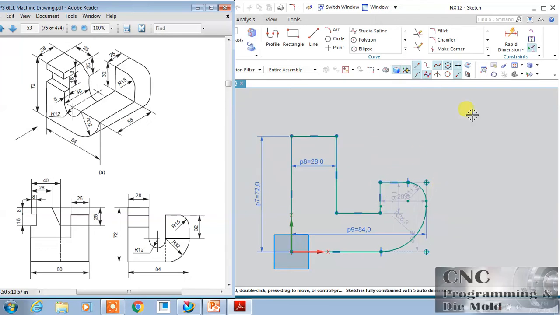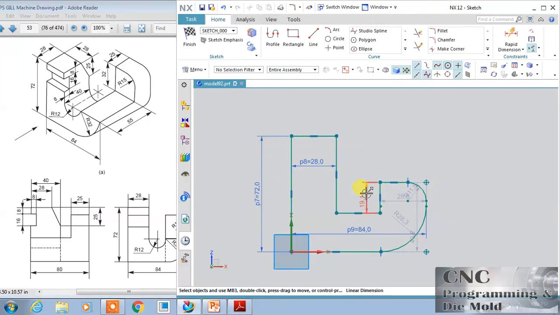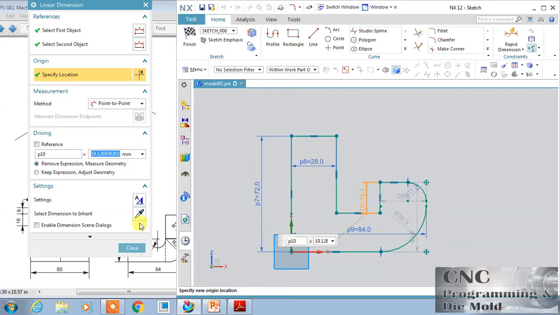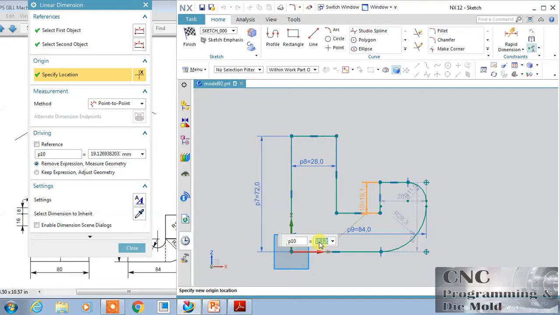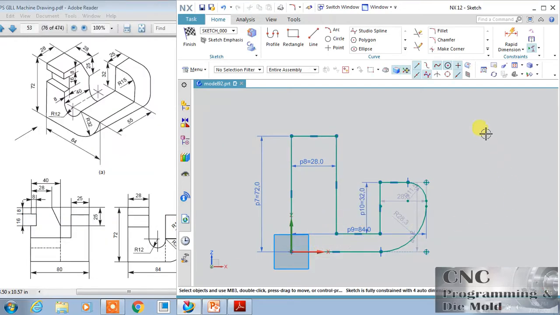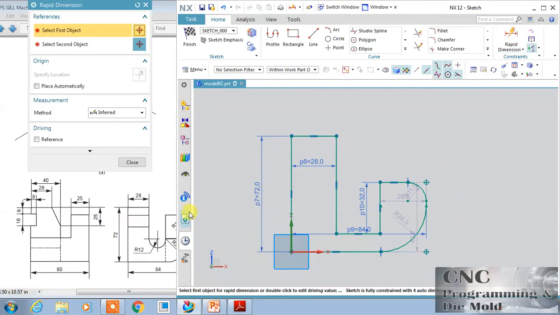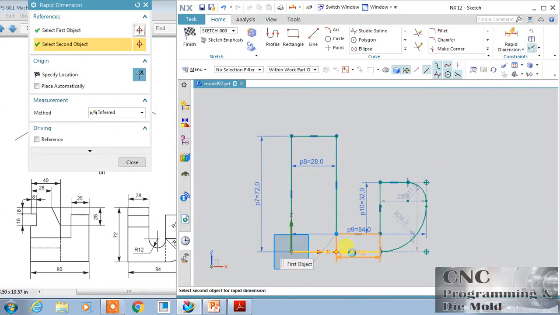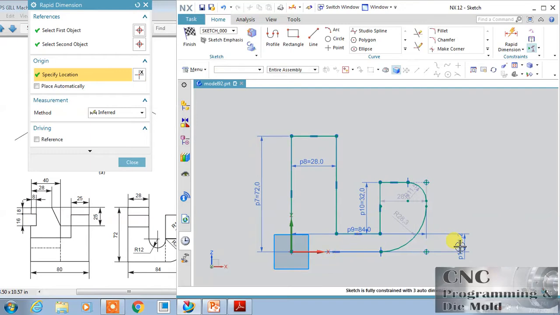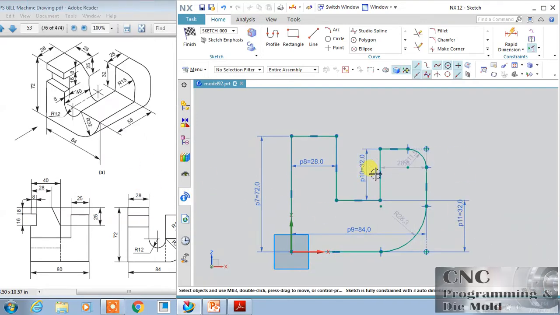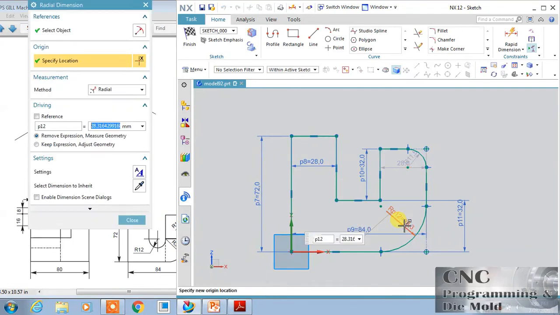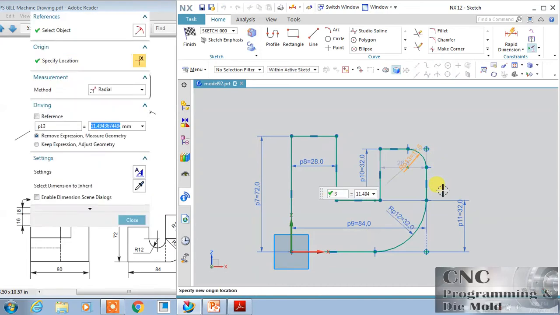The first I will define this length, double click here, and this value is 32, change it to 32 and close, and distance between these two lines is also 32 and define this. Now it's okay. Now change this value to 32 and change this to 15.